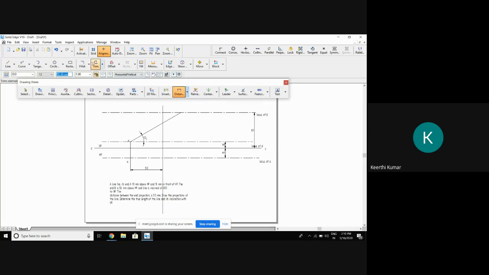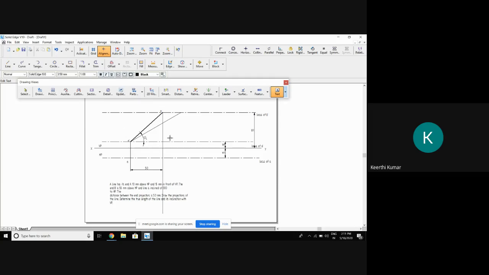So this is called end projector. Now what I'll do, I will trim the extra line and connect with the thick line from A dash to this. So can you tell what is this? The first line is called true line and this is called apparent line. And the name for this is B dash. Is it clear?